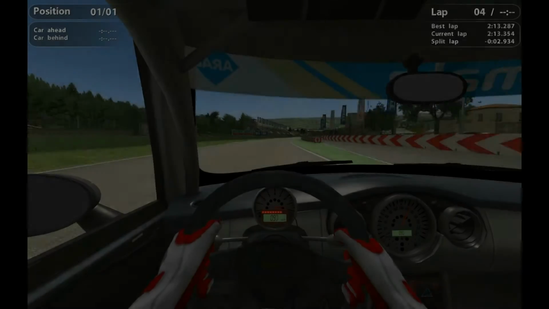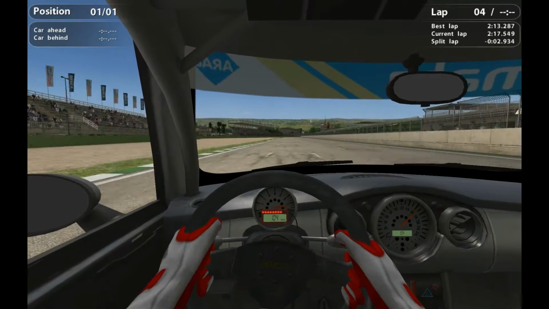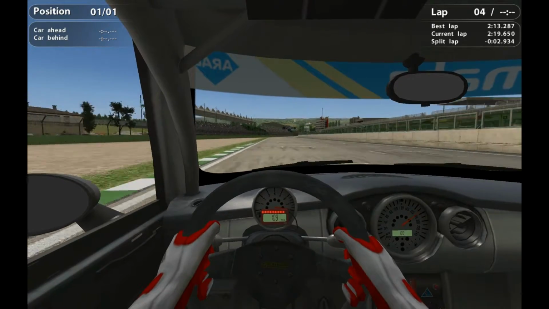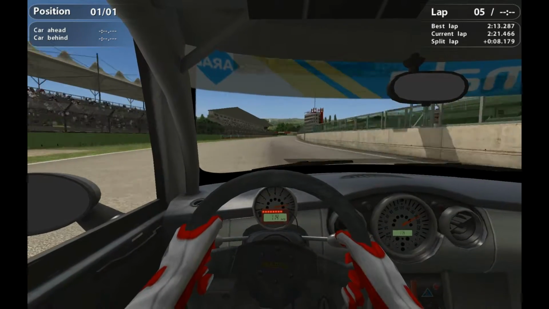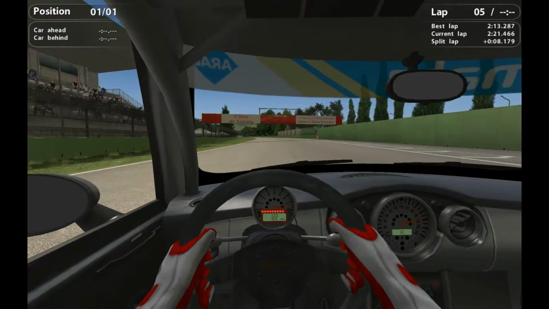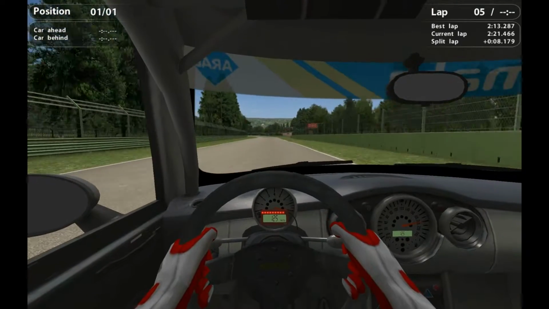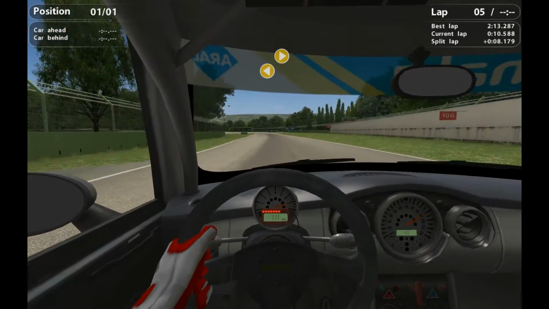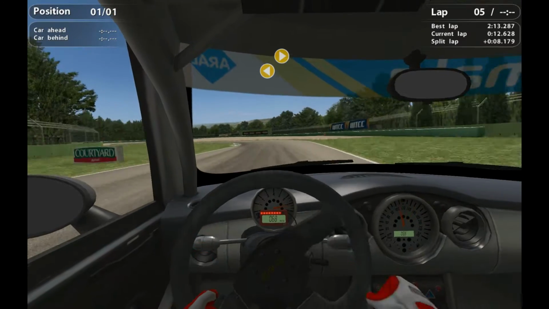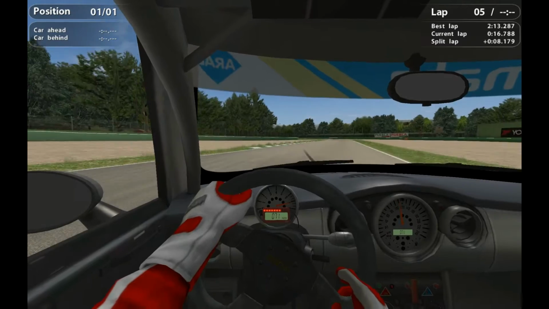Here we are at the famous Imola circuit, iconic for its relationship with Formula 1 and Ayrton Senna, where he had his very unfortunate accident. Here we're going through turn 1, which is barely noticeable, reaching 125 miles an hour into turn 2, slamming on the brakes down to about 60 miles an hour as we go through this left-right hander,